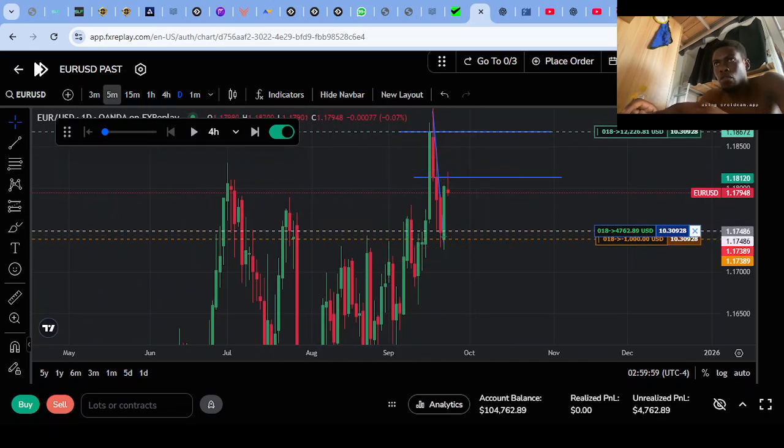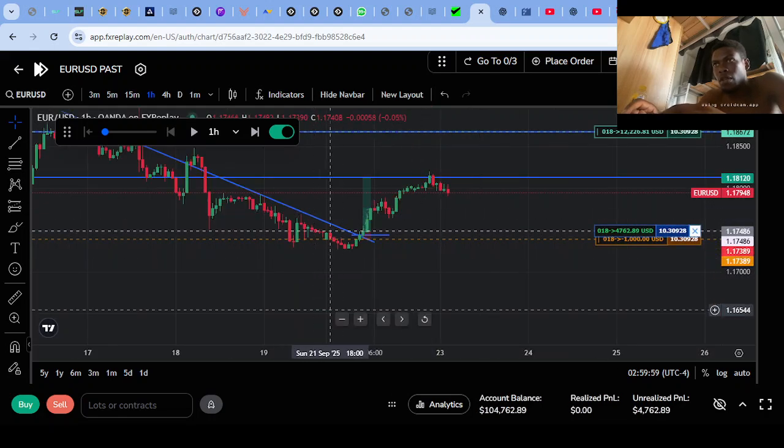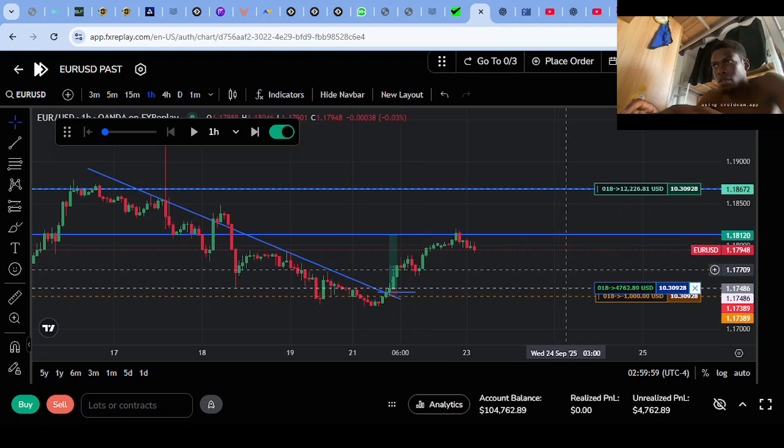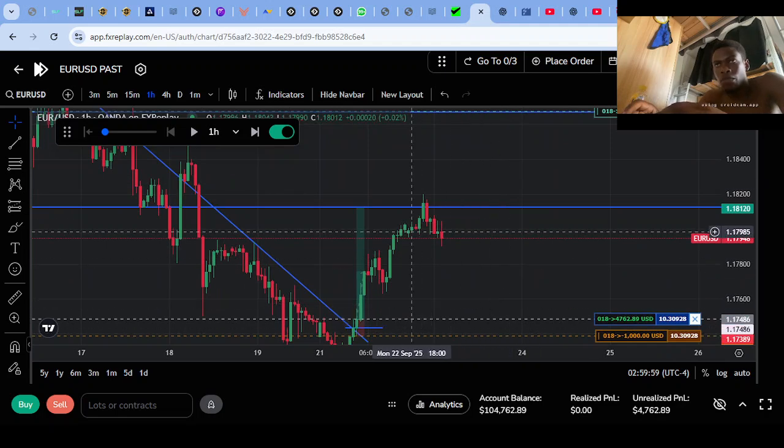I'm looking for buys in Euro. So on the hourly time frame, we can see that we've been going up, but we still have a lot of areas to go to. Right, so I'm still looking for buys,